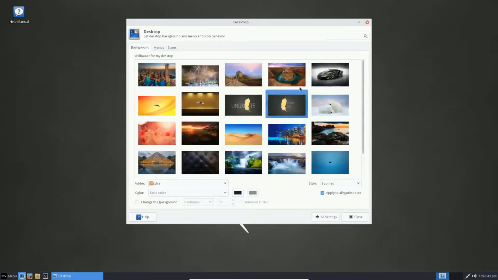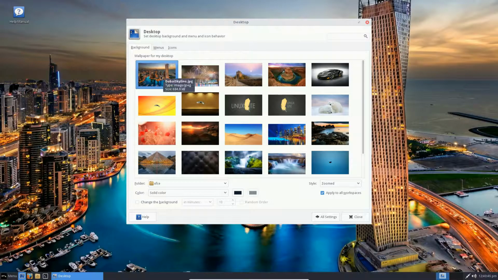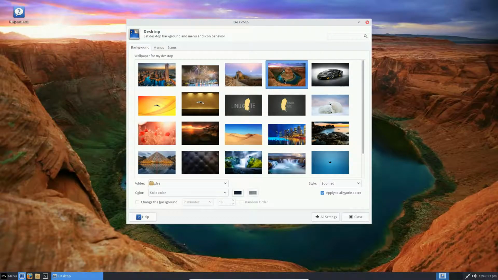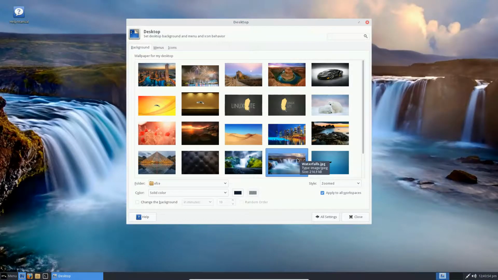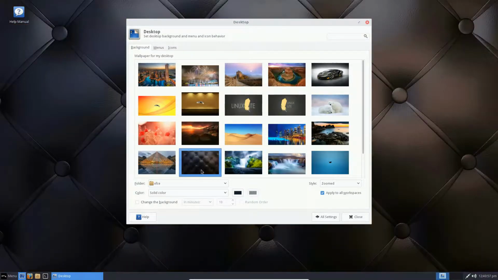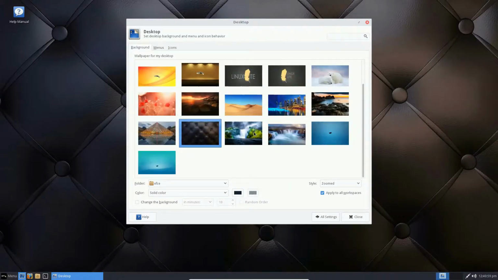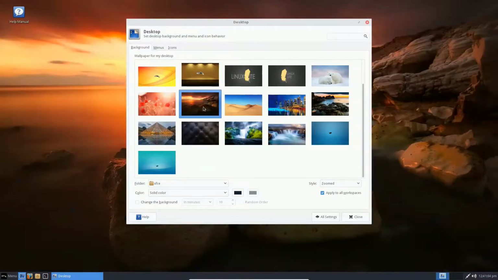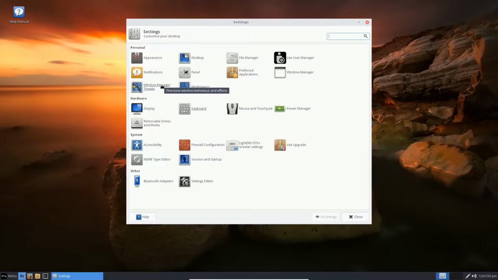Desktop settings, some really nice backgrounds that we can choose, and it's done instantly in real time. Look at that. There's something I have to mention about the performance of Lite, but I'll save that for the end. Some really high quality backgrounds here, right out of the box. Very impressive. Go back to all settings. So we have Window Manager tweaks, workspaces, display settings, touchpad, power manager, keyboard, removable media, preferred applications, firewall configuration,